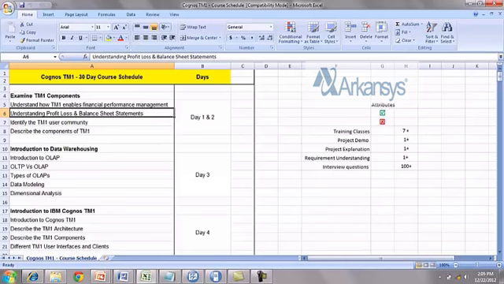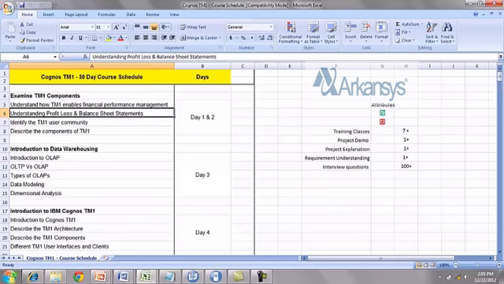In this 30-day schedule, we have examined the TM1 components aspect. In this TM1 components aspect, you will understand what TM1 is and how it enables the financial performance management system. Besides, to take you more into the system, this is mainly widely used in BFSI projects, which is Banking Financial Service Industries projects. So taking that into consideration, we are giving you the understanding of the profit and loss and the balance sheet